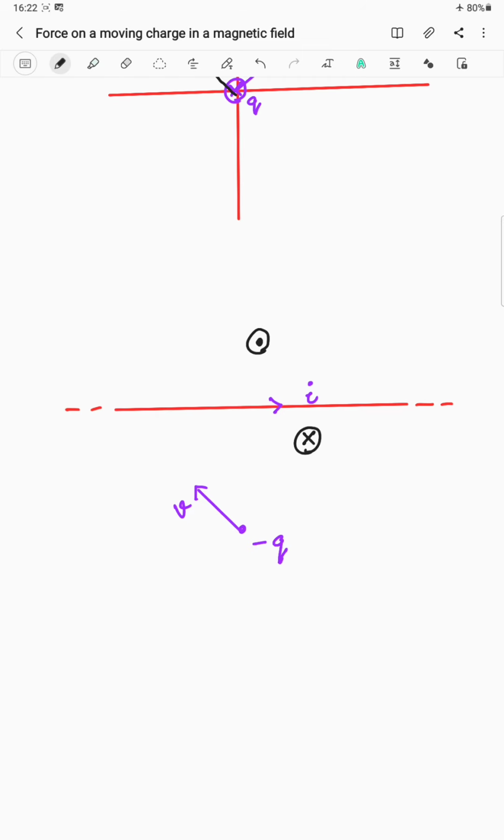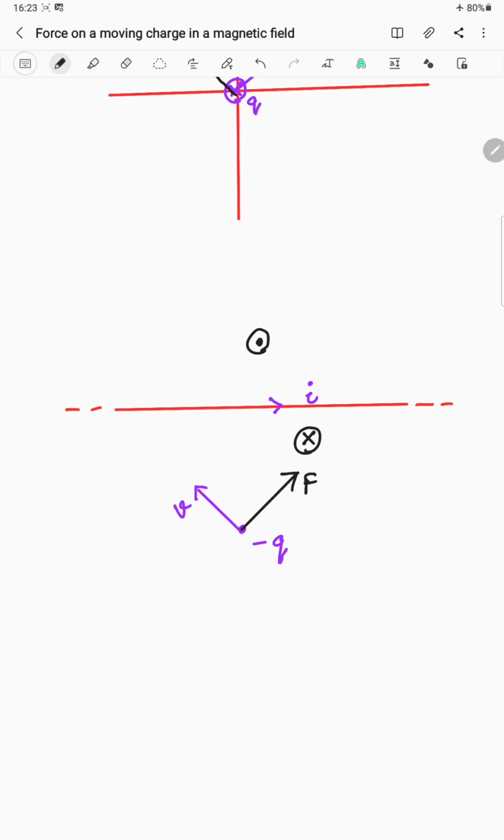So the charge minus Q will experience the magnetic field cross. Similarly, take all four fingers of the right hand in the direction of the velocity, then curl your fingers down because the magnetic field is down. You'll see the force will be in this direction. But this is not the direction for our case. Why? Because the charge is not plus Q, it is minus Q. Therefore the force direction will be reversed. So what should be the direction of the force then? This will be the direction of force, not this one. Is it clear?